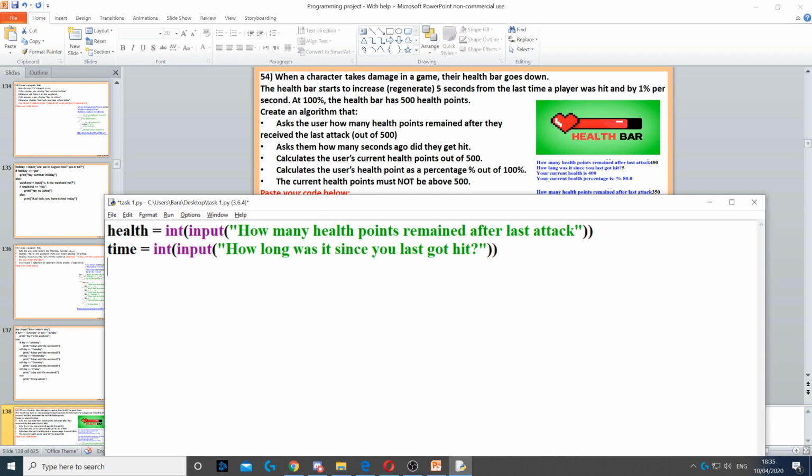Okay, then it says calculate the user's current health points out of 500, and then calculate the user's health points as a percentage out of 500, and then calculate the current health points. It says the current health points must not be above 500. So the first thing that we need to do